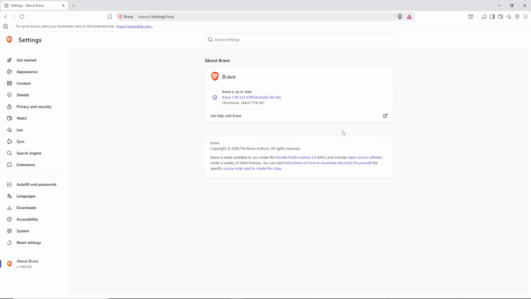If an update is available, Brave will automatically begin downloading it right away. You'll see a progress indicator showing the download status. This process usually takes just a minute or two, depending on the size of the update and your internet connection speed. During this time, you can continue using the browser normally, as the download happens in the background without interrupting